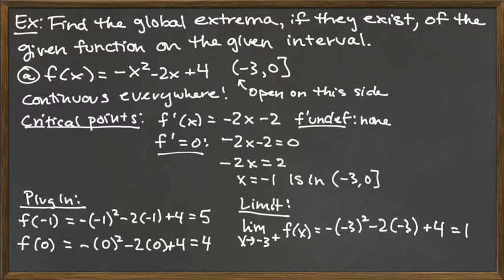So we have 3 numbers to look at, and we see 5 is the biggest, and we see that 1 is the smallest. Okay, and so we can say that we have a global max because the 5 that's the biggest came from a plug-in value. But we do not have a global min because the value that was the smallest came from